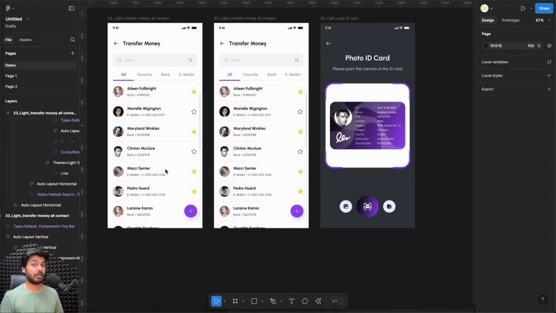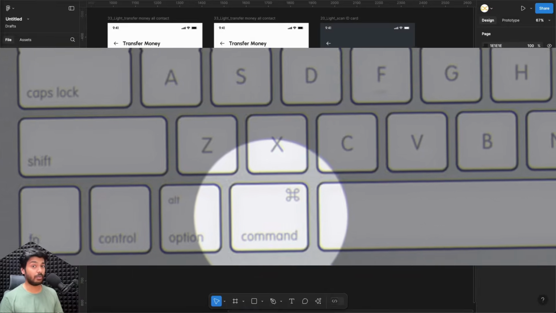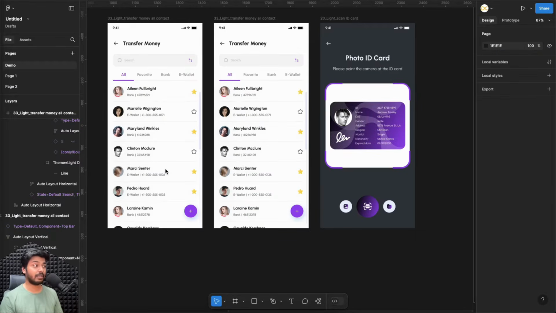All you have to do is hold Command on a Mac or Control on a Windows and then start selecting your layers, and that'll make a lot of difference. So let me jump right onto my screen and show you some examples and how it's going to help you, right? So here I have some examples from the previous video I made,